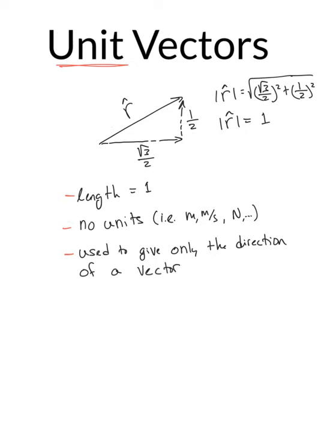Unit vectors also have no units in the physics sense. So you wouldn't have a unit vector that has a length, a unit of meters or meters per second or newtons or something like that. They are dimensionless